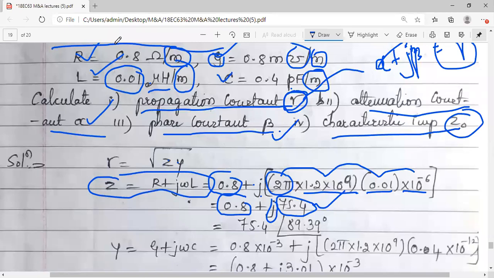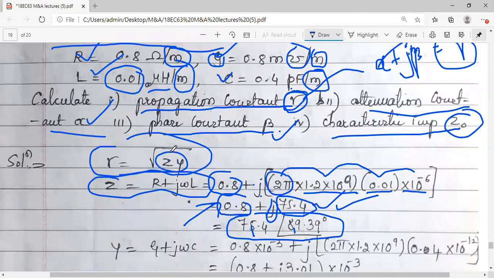Initially, just by looking at the problem, you may feel it is very easy. But when you start solving, you will feel it is difficult because you get confused with the conversions. Now, whatever answer we have got is in rectangular form, with a real and imaginary part. If I want to convert it to polar form, magnitude and phase, why is this conversion necessary? Because the propagation constant involves multiplication.